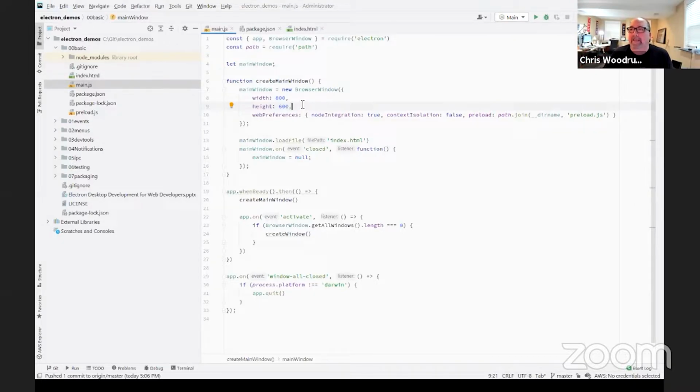So I gave it 800 width, 600 height, and then I need to tell that window that I want it to have Node integration, and then I need to turn off the context isolation. To be honest, I am trying to figure out why I have to do this.